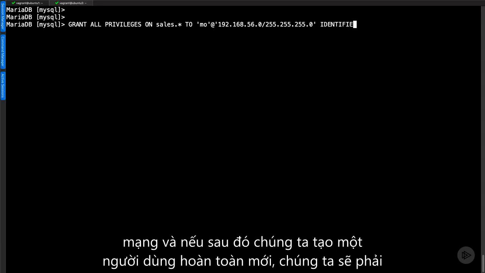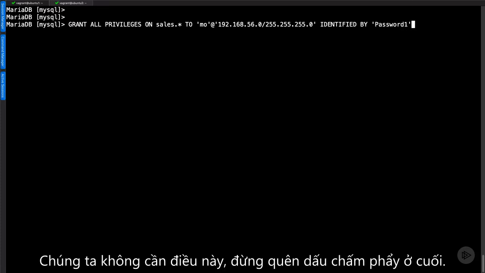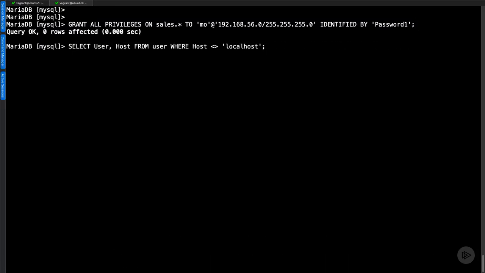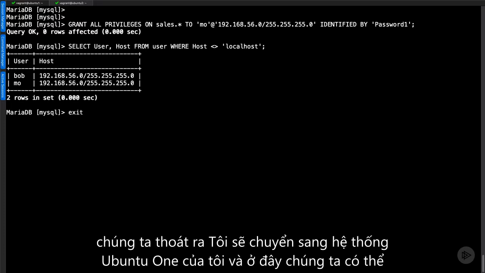And if we are then creating a brand new user, we are going to have to put the identified by, but obviously for an existing user, we wouldn't need this. Don't forget the semicolons at the end. If we look in our history, we can go back now and see that we've got the Bob and the Mo users. And if we exit,